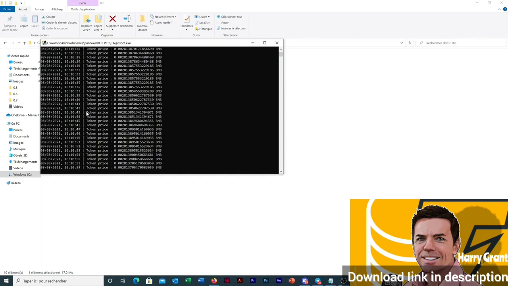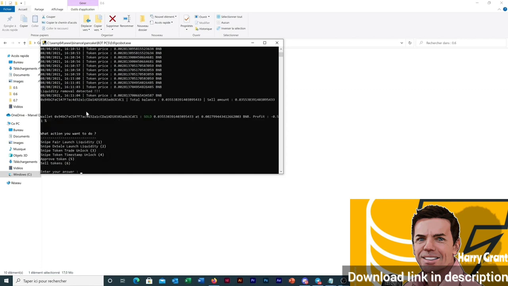I know this token always has people adding and removing liquidity all the time, so we won't have to wait long. Voila, just now. Liquidity removal detected, and the bot already tried to sell the tokens. So that's it. We sold the tokens before the liquidity was removed, because the bot uses more gas, so your transaction will happen before the liquidity removal.